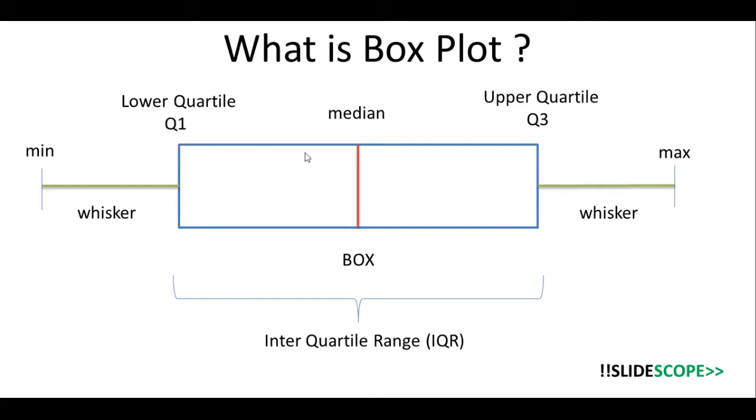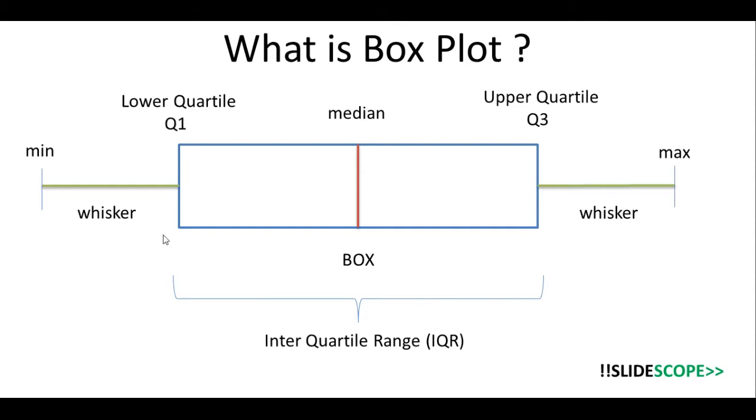This lower quartile here is considered as the median of minimum and median. So as the median is the middle of minimum and maximum, this lower quartile is the median of minimum and median. That's why it is lying in between. Then the third quartile is the midpoint or the median of median and max. This median itself is the second quartile. That's why we have not written the second quartile here.